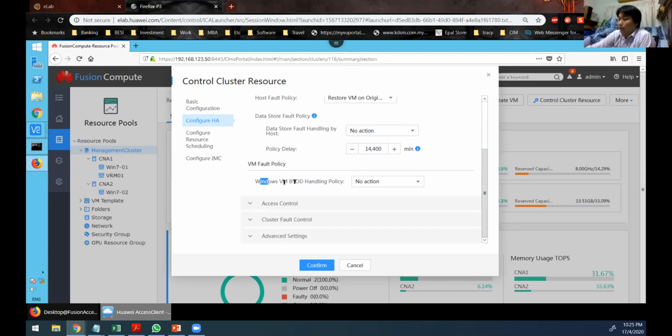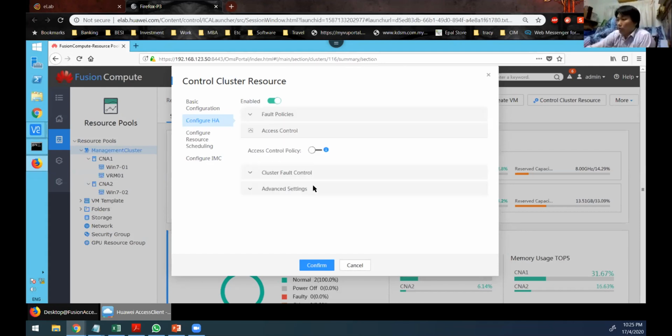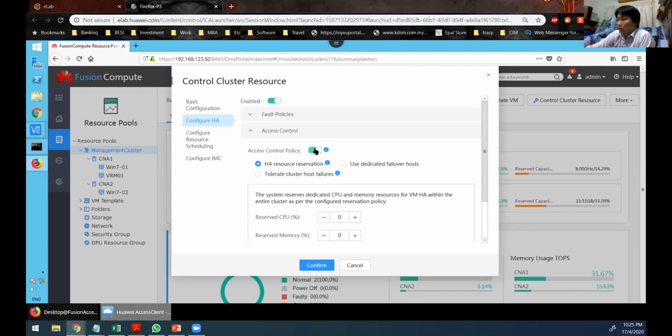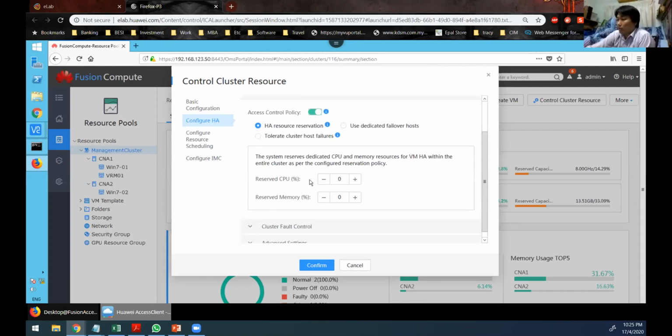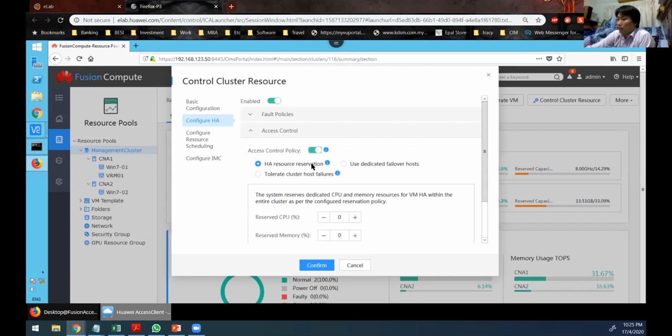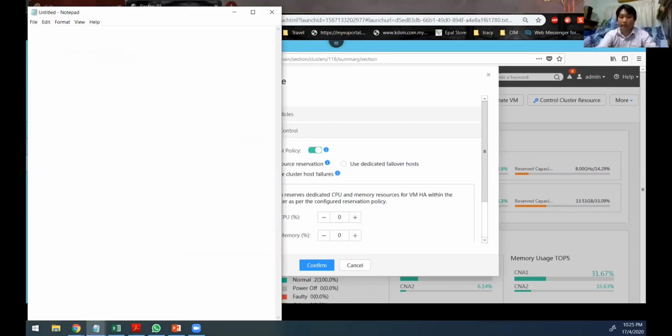If they detect a VM issue, so what you need to do, restart the VM on the same host or HA to another host itself. Okay. You can also check access control policy to configure your reservation resources for other CNA hosts to actually host your VM. So when you put in here, for example, okay, when you put in here, so I will reserve, okay, resources